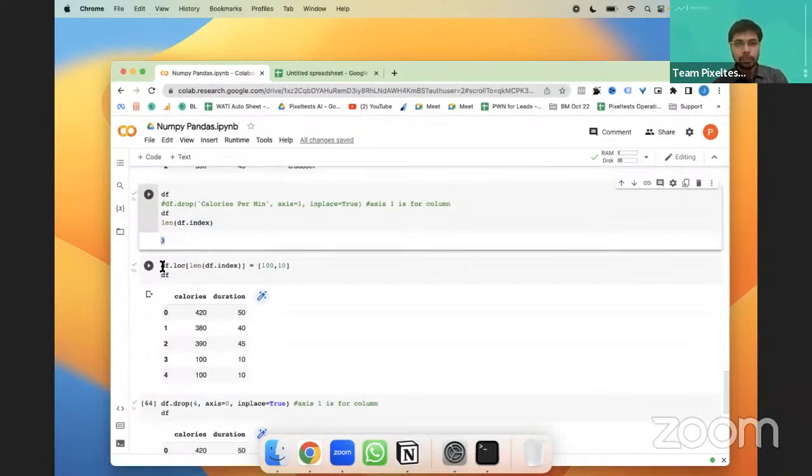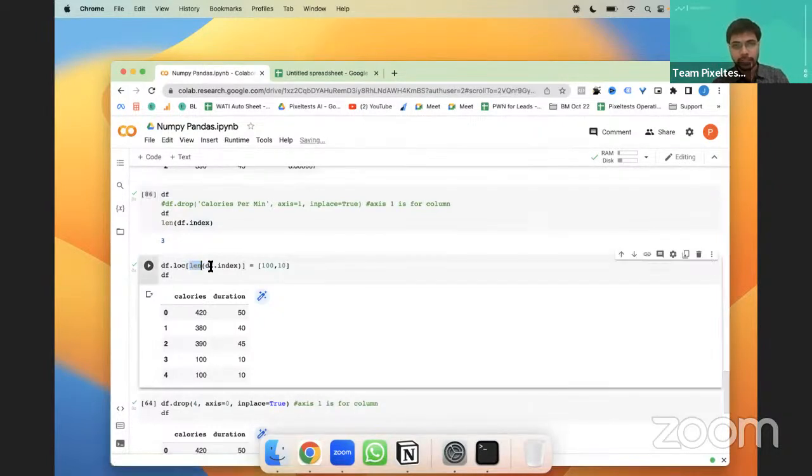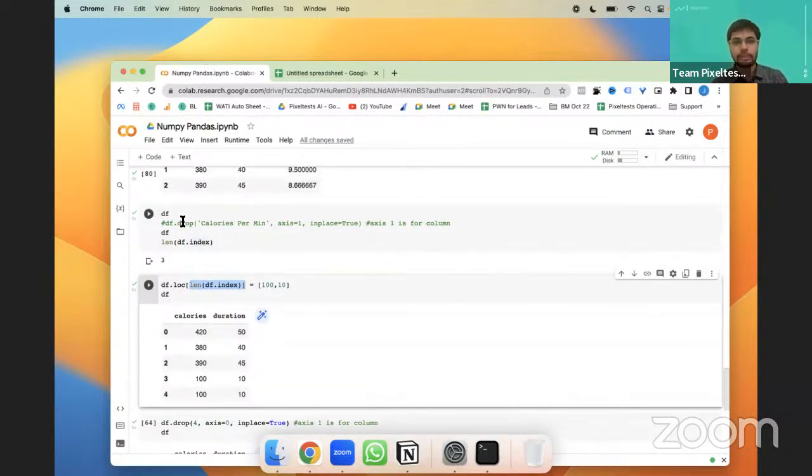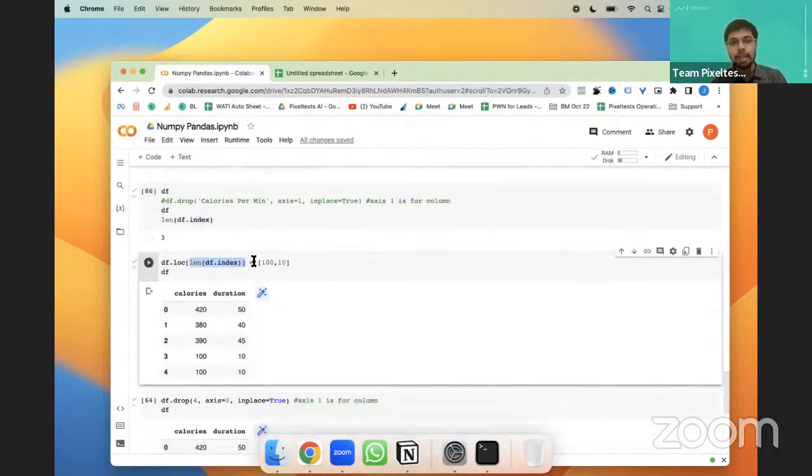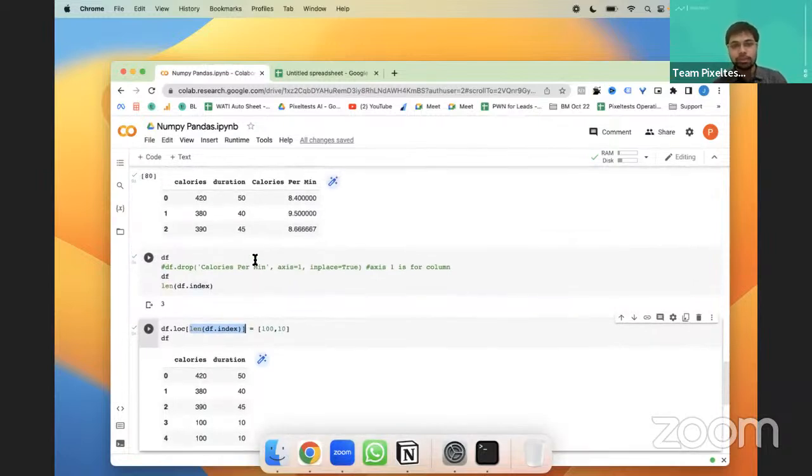Now I'm going to say df dot loc. In that, length of df dot index is going to be 3. So you have 3 rows in that particular data frame object. It is df dot loc at the 3rd row, so basically add another one below that and give the columns the value 110.